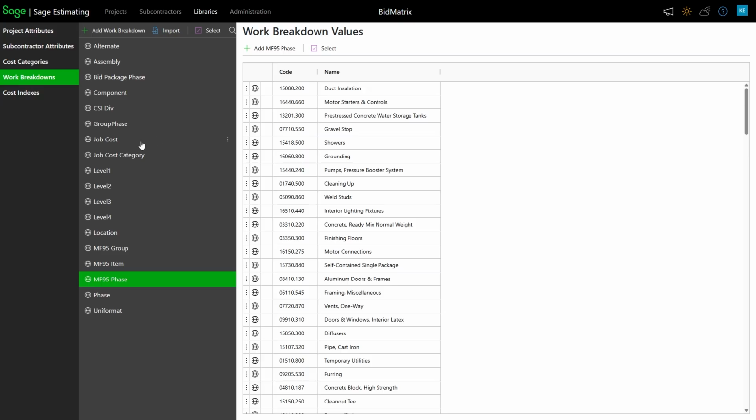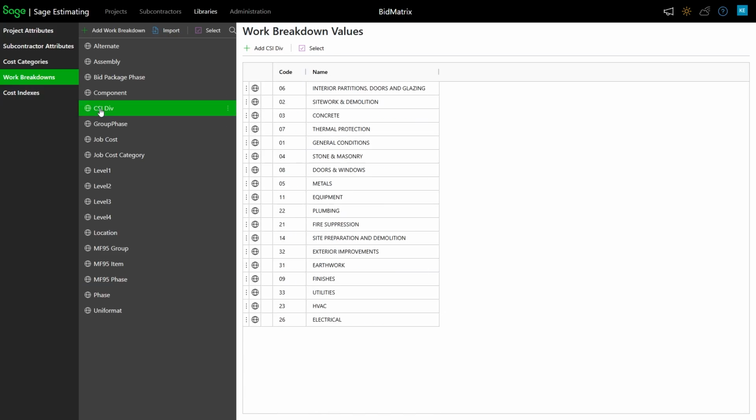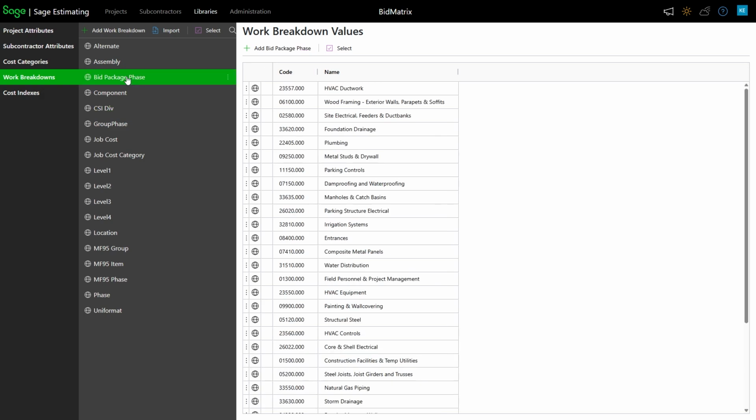So as I look at this, I've got a couple of critical ones out there. When I build my estimates, I'm using this CSI division, and I'm also using this one called bid package. So this bid package is really critical. That's how it's known. When I was looking at that HVAC in that overview example, I was able to click on that sub and hit that particular phase within the bid metrics, and that's how it knew what other projects matched it and what dollar amounts to compare with. It's really some common code to do that.